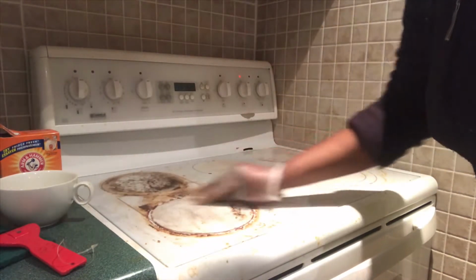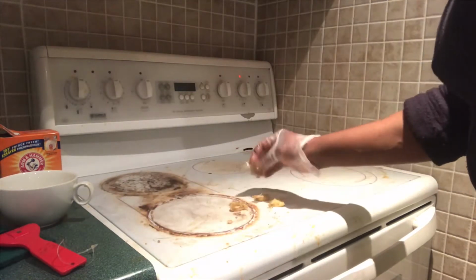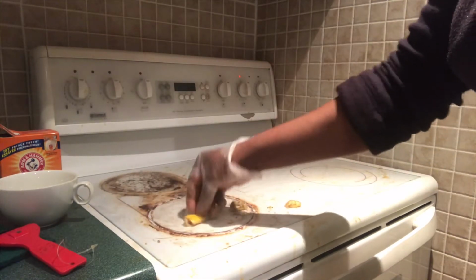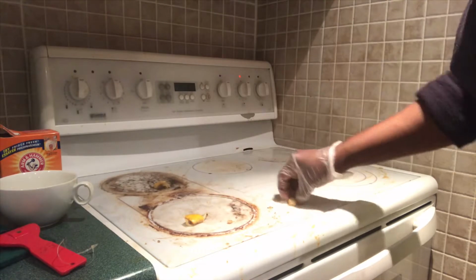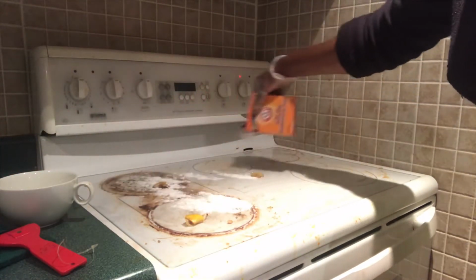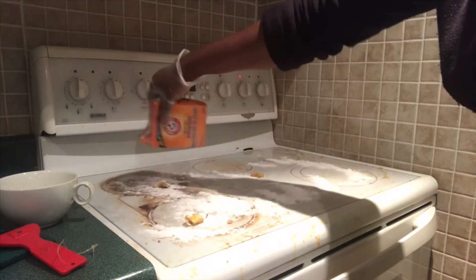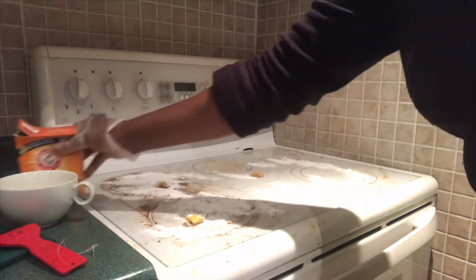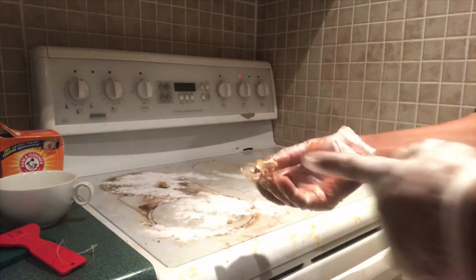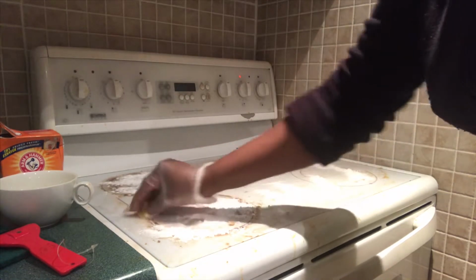And that is enough for the stove top. And I'm going to leave even the residue of the lemon right on top of it. Then we're going to pour the baking soda on top. You can still use the pieces of the lemon to rub the